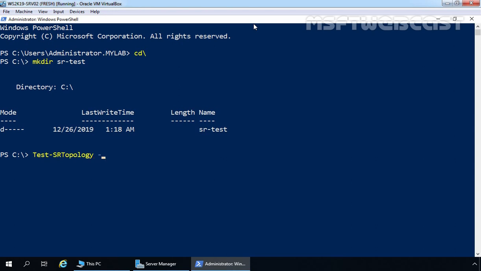You need to use the switch -SourceComputerName. It will be WS2K19-SRv02, -SourceVolumeName. It will be R in our case. -SourceLogVolumeName. It will be L in our case. -DestinationComputerName. It will be WS2K19-SRv03 in our case.